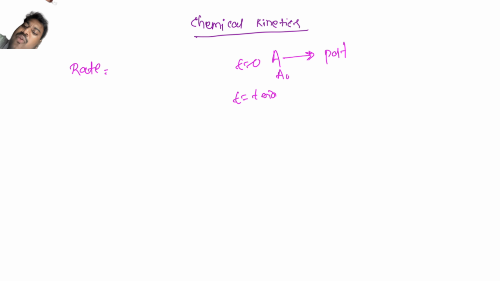That amount of A will go for decomposition. Some amount of A will decompose, and that decomposed reactant will be converted into product within a period of time. Okay, so I can write that. How do we then define the rate? Rate can be defined by a simple formula: